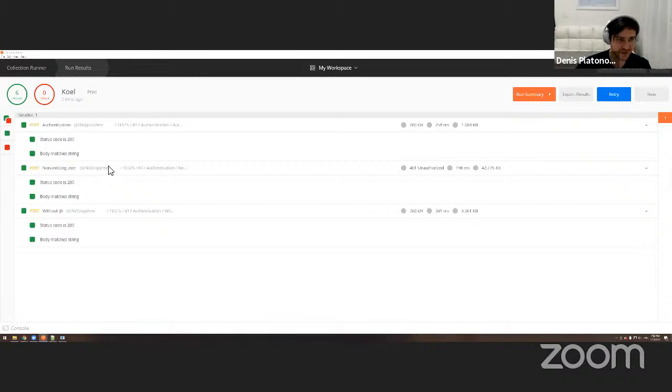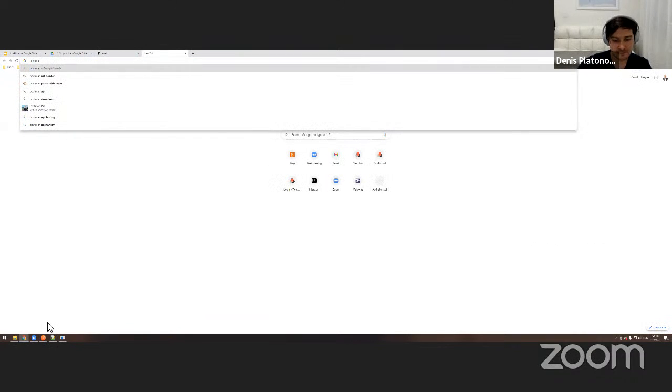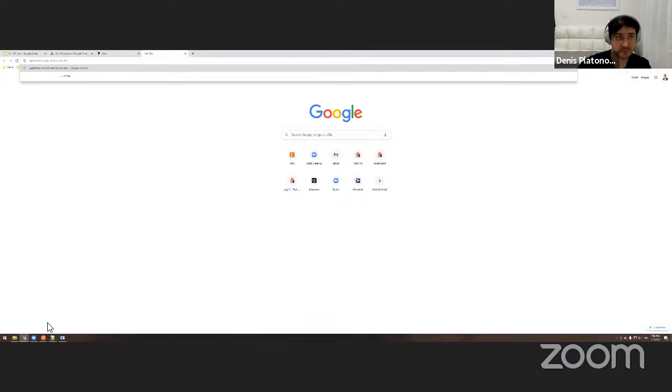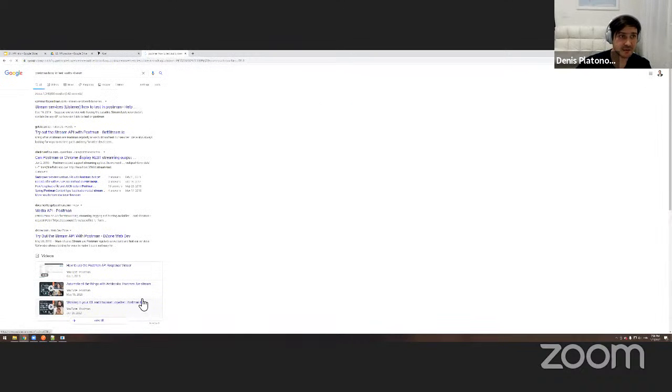How to test playing a song. Okay, that one is probably going to be a little bit trickier. When you need to figure something out, I know you can do that through Postman. You would just need to figure out the expected result. So the rest is a piece of cake. Expected result, a little bit more complicated. I'm not sure how exactly, but you would probably Google something like Postman, how to test audio stream.